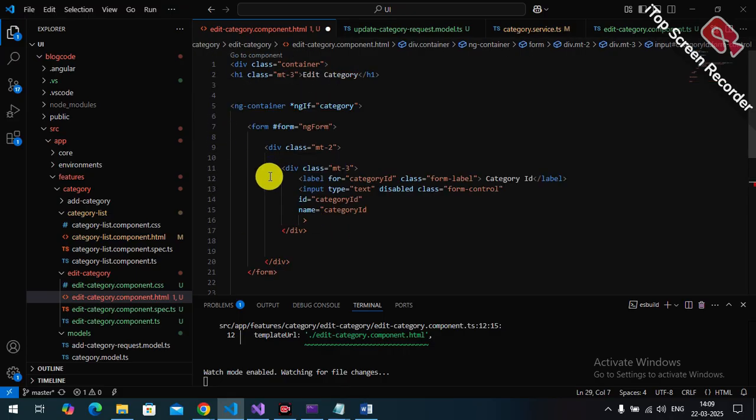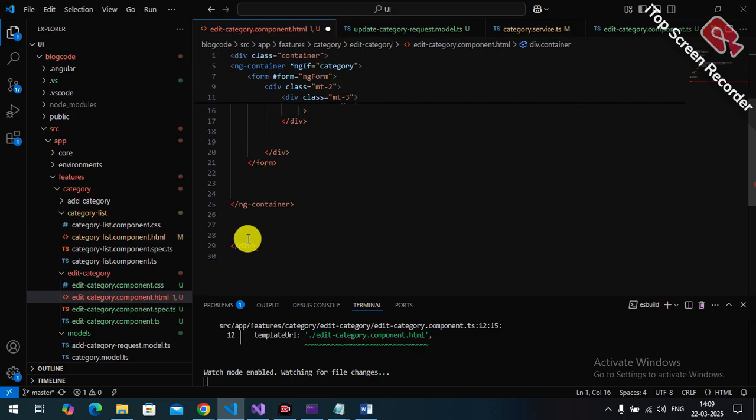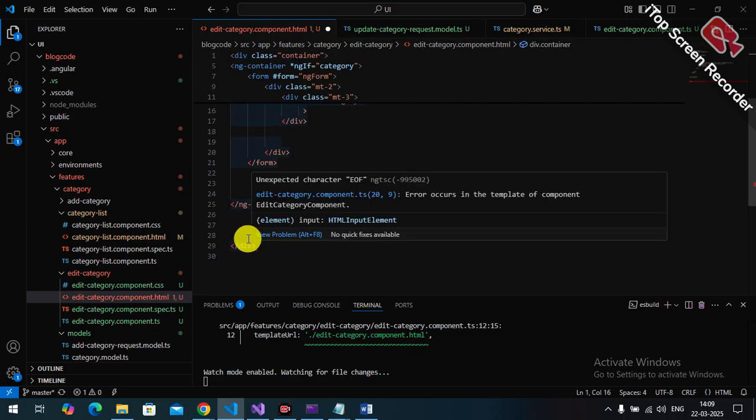Still, what is the one div container? What is this? Expected ending of